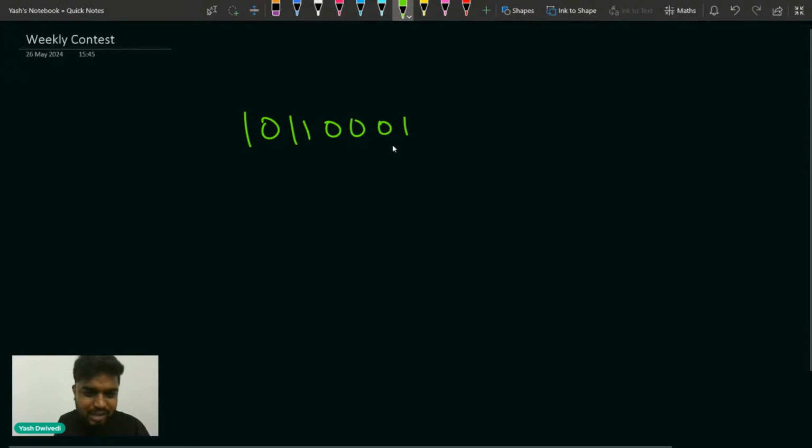Okay, let's say this particular string has been given to me. Now in this string, how many votes are there for geek? How many votes is geek getting directly? 1 2 3 4, because whatever elements are 1, that many votes geek will be getting. So geek is getting 4 votes.